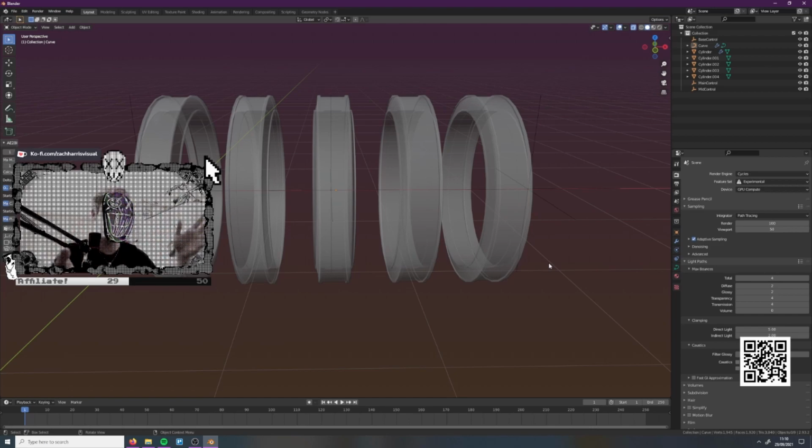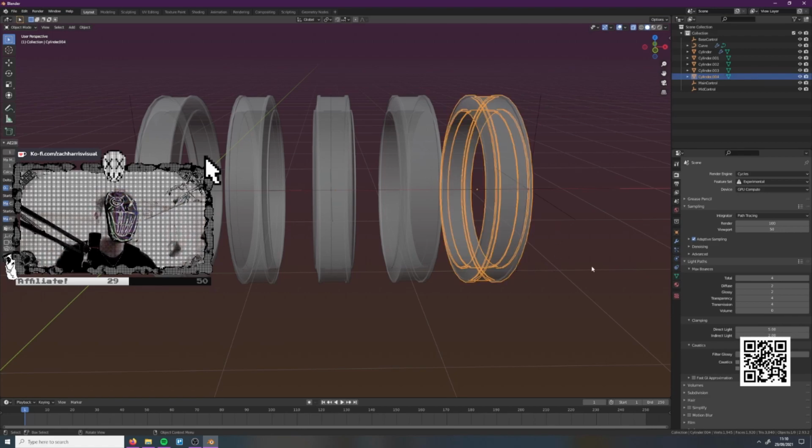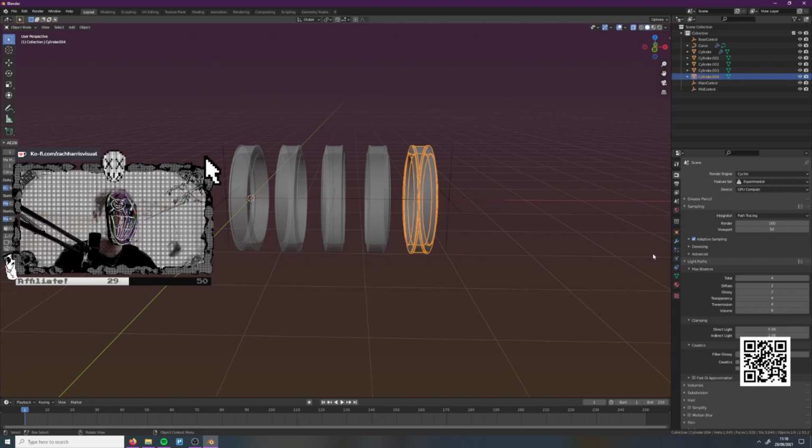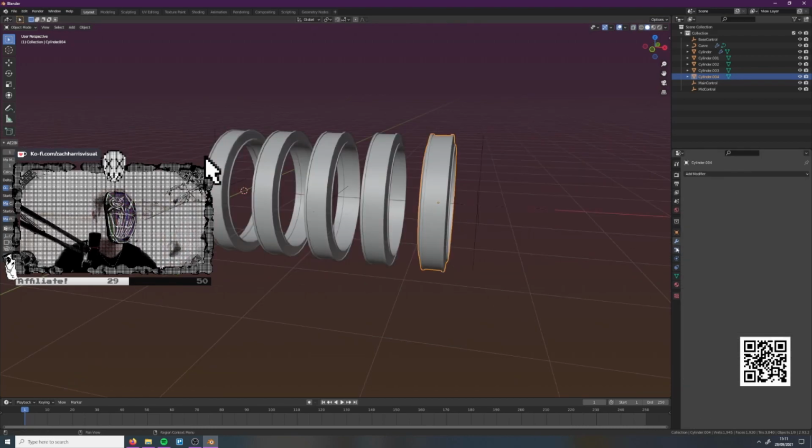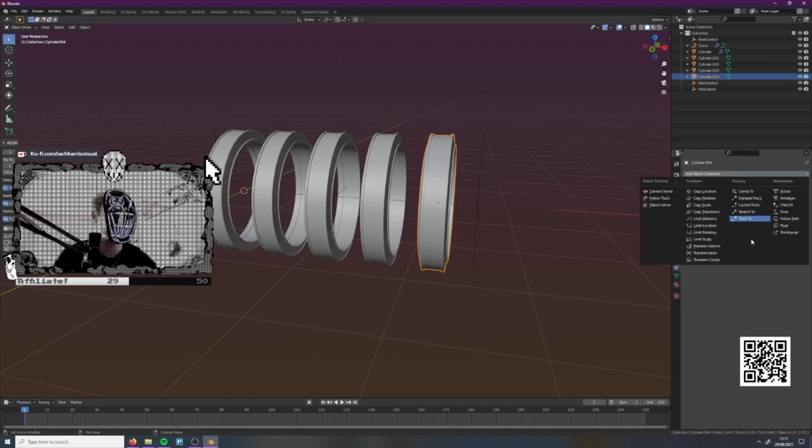Now there's lots of different ways to do this. Usually a curve modifier would be the way to do it. However, if we were to attach them using a curve modifier, you'd make an array instead of having individual objects and you'd attach it along a curve. However, when you do that, things start to deform as you sort of stretch it out. So when you would go for a punch with the rings, they would end up distorting and deforming because that's how it works. We're going to add not a modifier, we're going to add a constraint